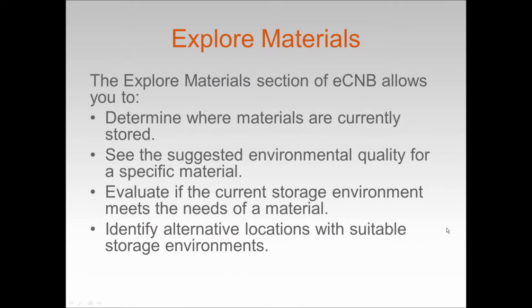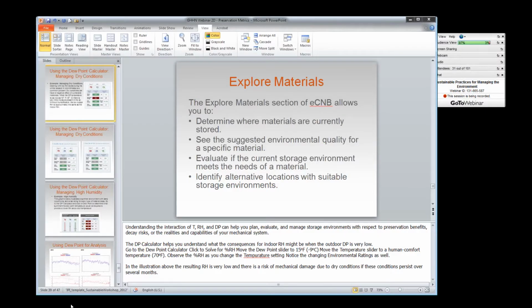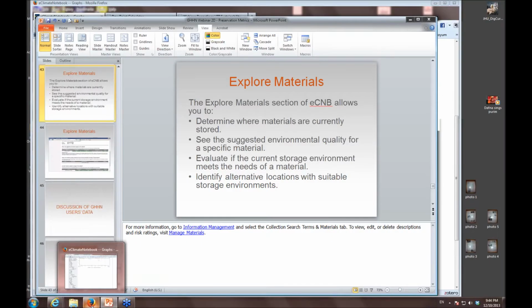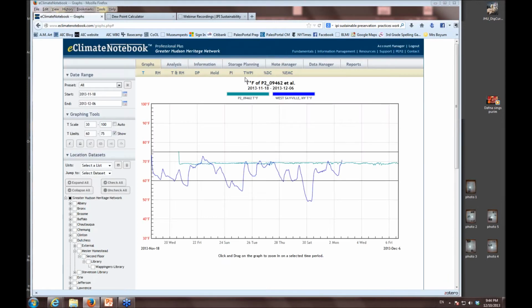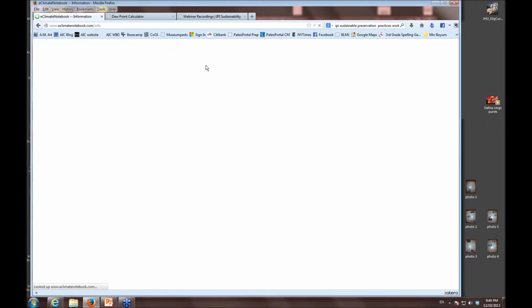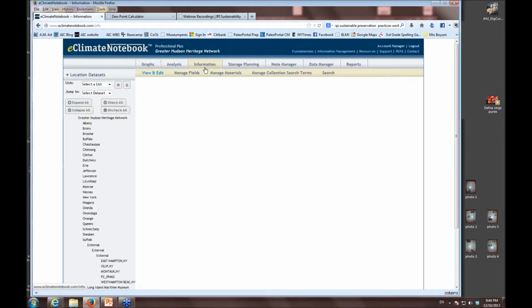At this point, there's two other things that I'd like to go over with you. One is this Explore Materials. Again, this is an advanced feature of the eClimate Notebook software. Let me jump out of this and get us back into here. If you go into Information, the Information tab,